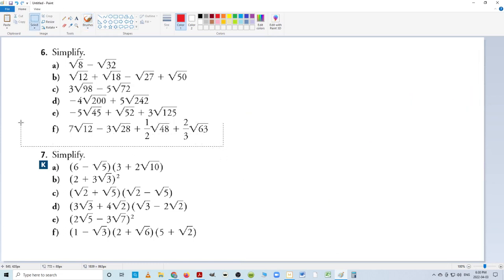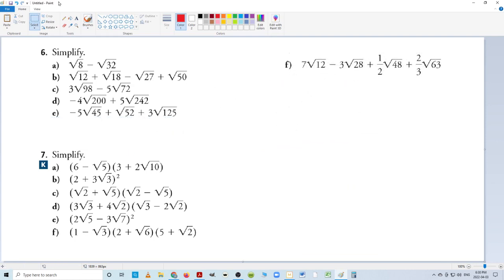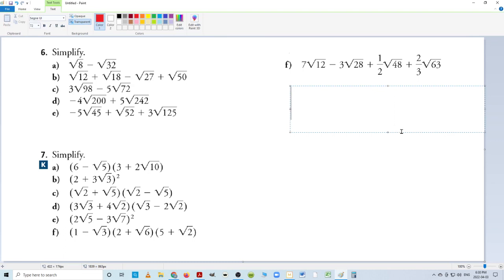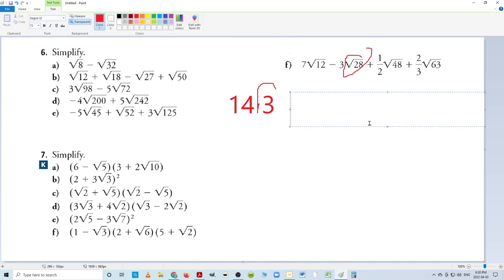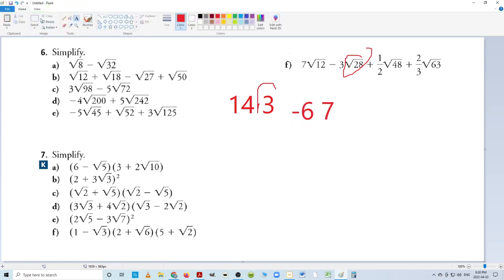And then these, they just make it tough with the fractions. But the square root of 12 breaks down into 2 times square root of 3, and 2 times 7 is 14, so you get that for the first one. 28 breaks down into 4 times 7, and that's minus 3 times 2. Once square root of 4 comes out, you get minus 6 square root of 7. 48 breaks down, we just did it. It was,